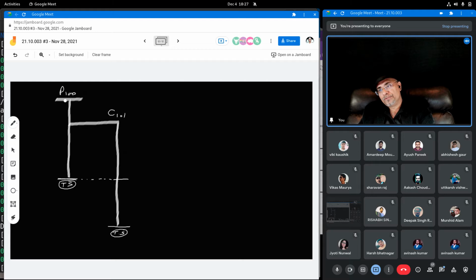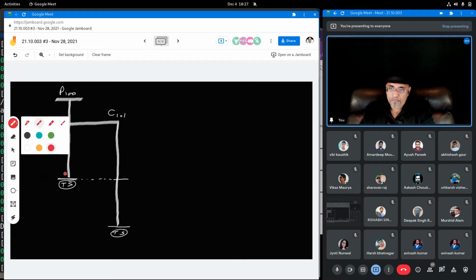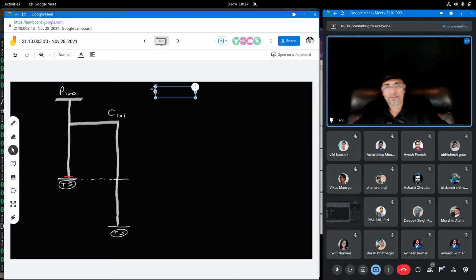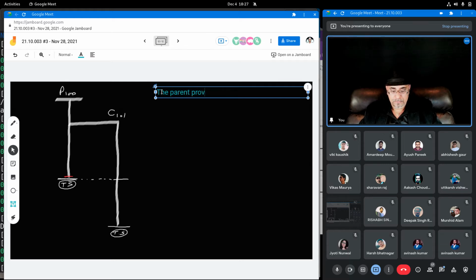For that, what we have to do is provide some kind of pause to the parent, so that the parent should stop and not issue its own finishing of execution. The parent should not finish. It should pause here. The parent process should have some capability to pause its execution